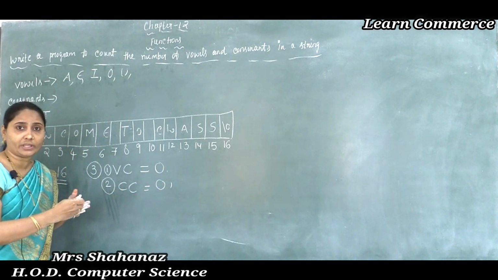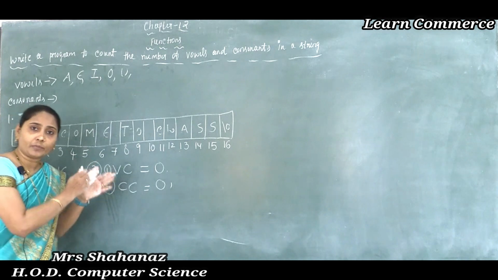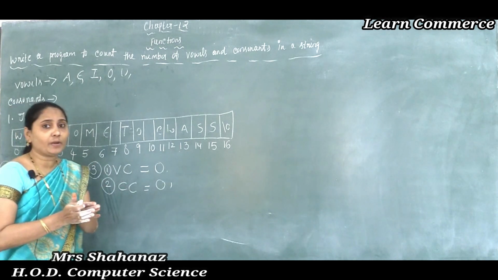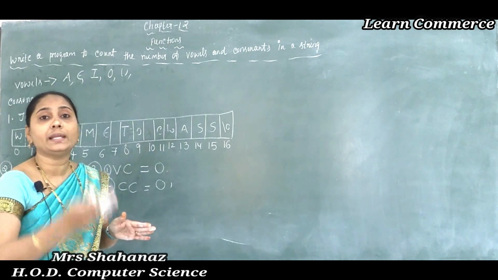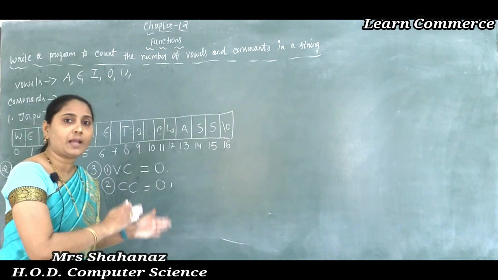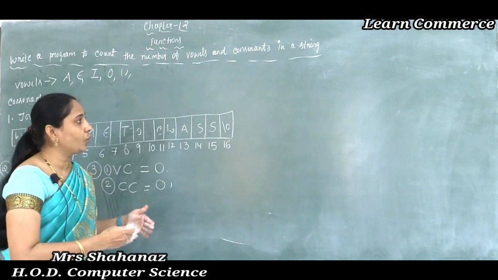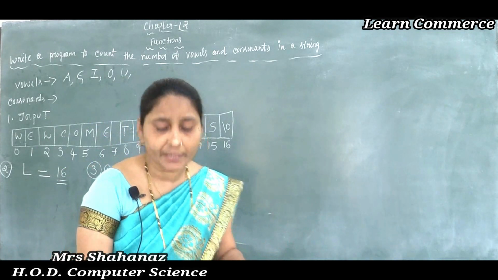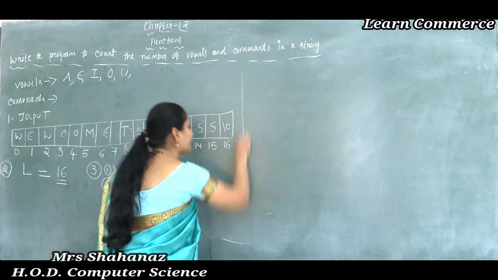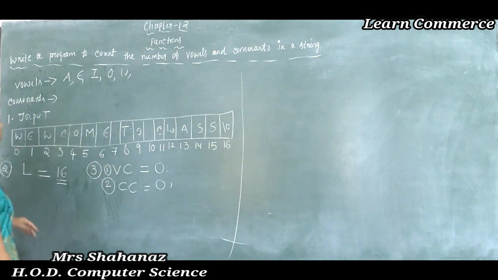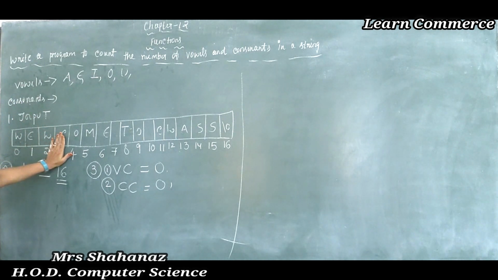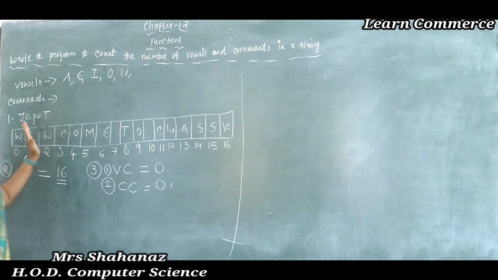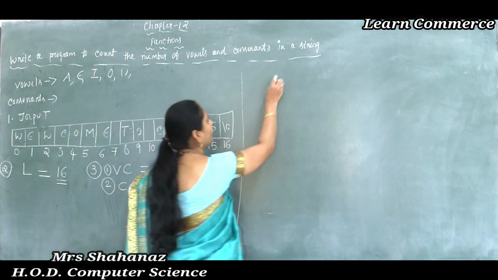Later, depending on the character, whether it comes under VC or under CC, we are going to make the increment, in the case of the VC value as well as the CC value. So clear this point. Now we are going to complete the flow chart. This is the solution we already completed. Now about the flow chart here. I think nothing more is there to tell about our solution. Whatever is left I am going to tell in the case of the flow chart only.